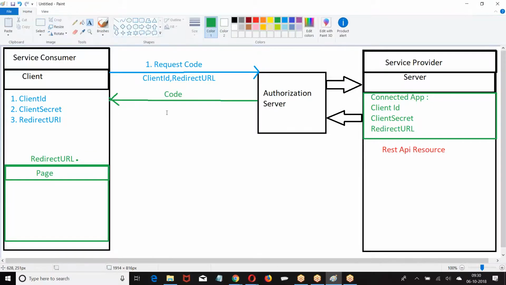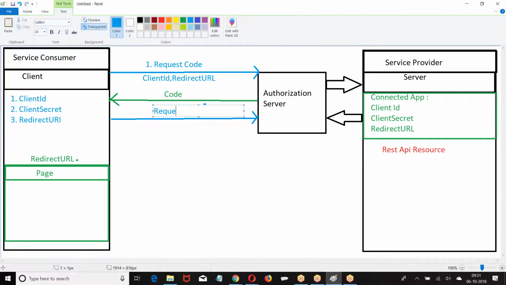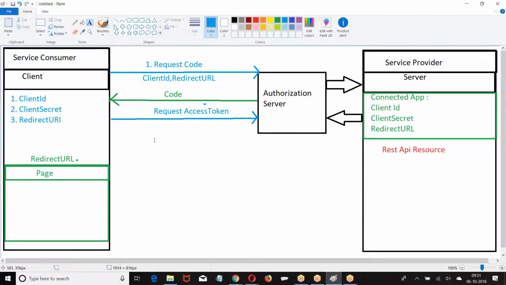the code. When the client received the code, again client is sending a request to authorization server once again. Boss, here is my code, give me the access token. At the end of the game, what we require? Access token.